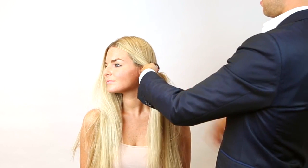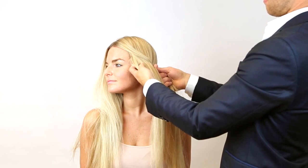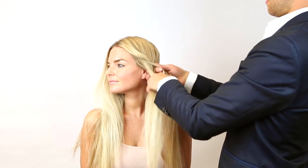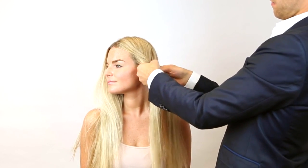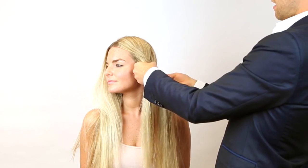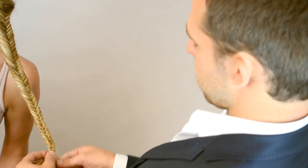So you just take a little bit from the back, and you hold it in that hand, you take a little bit from this side, and you pass it over that way. And you just continue, and you just keep pulling it tight as you go, and you will start to see your beautiful fishtail plait forming. So you continue this process right through to the bottom,